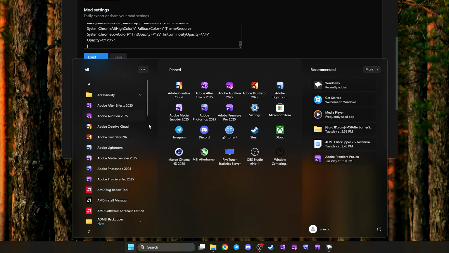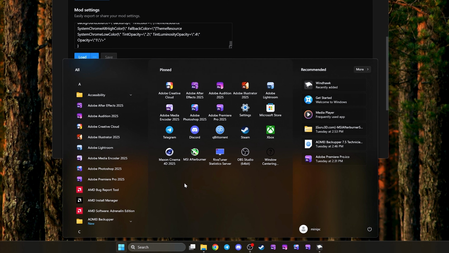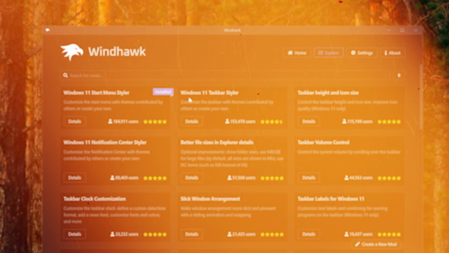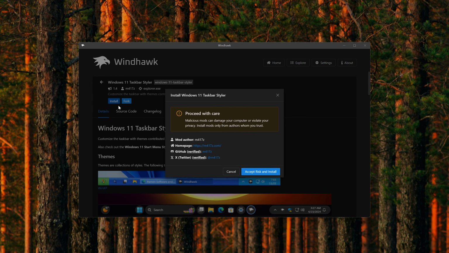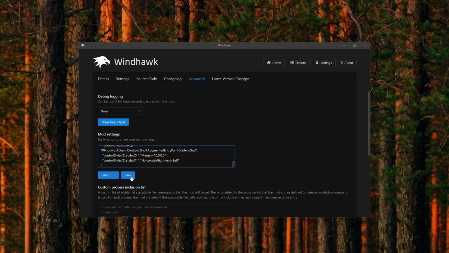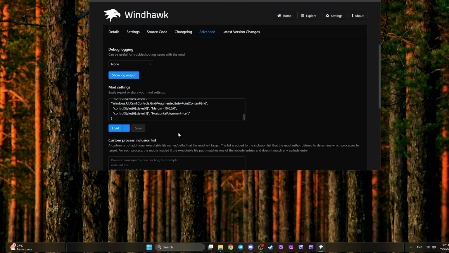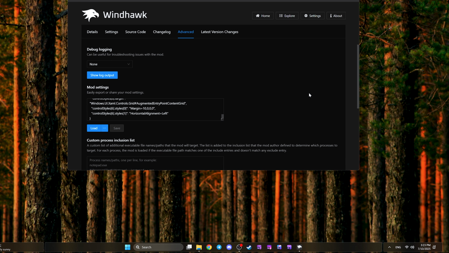As a result, we got a truly modern look for the Start menu, which is more convenient, more functional and simply more pleasing to the eye. Next in line is the Taskbar Styler mod. The process is the same as with the Start menu. Install, copy the code from Notepad, paste it into the settings and save. Bam! And we have a beautiful modular taskbar, divided into widgets, the main block and tray buttons.